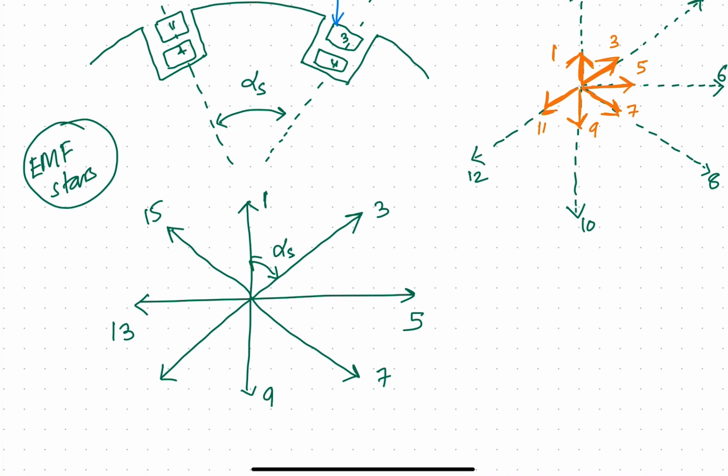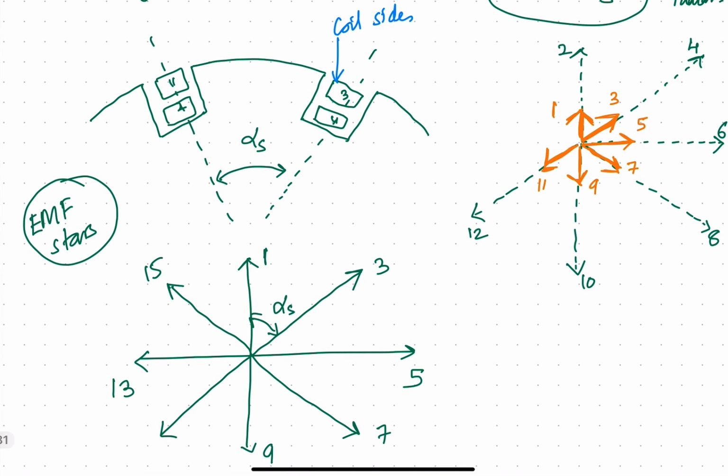The EMF stars, this is the figure for the EMF stars, where the firm lines, the lines which are not dotted, represent the EMFs generated in the top slots, top layer of the winding, top coil of the winding. If you see, side number 1 is on the top here, coil side number 3 is on the top. So the dotted lines represent the EMFs generated in the top coil sides, and the dotted EMFs,